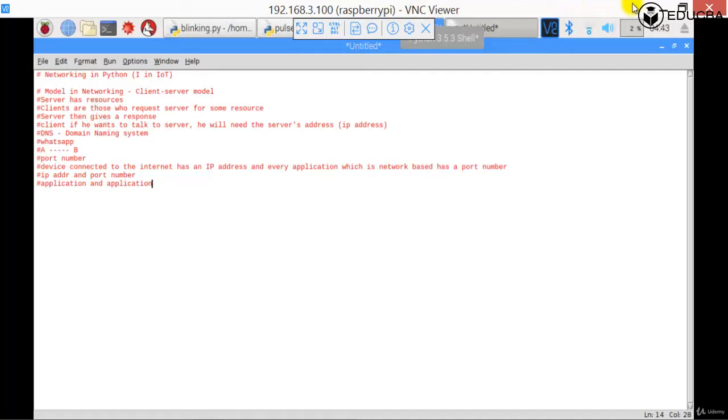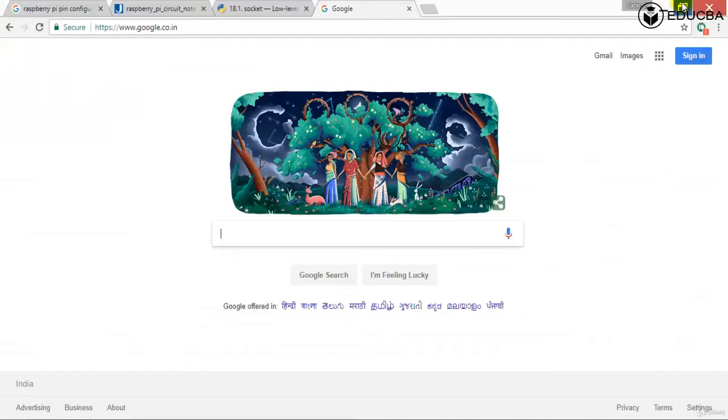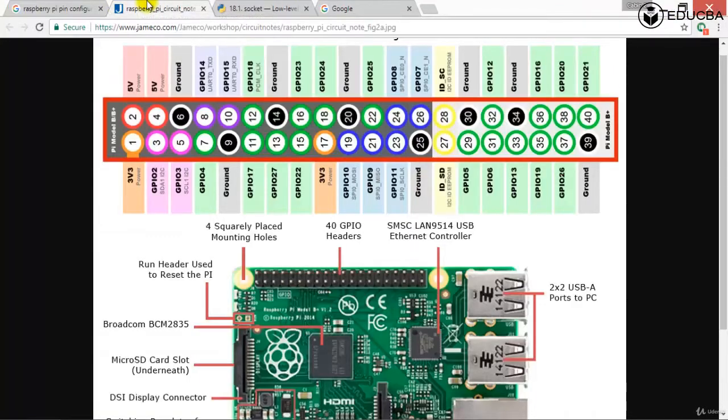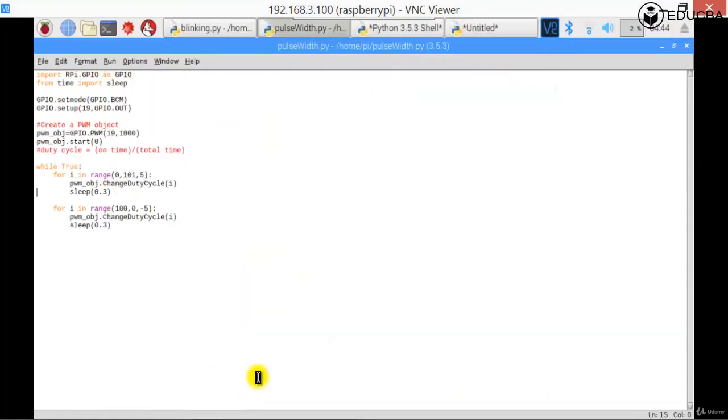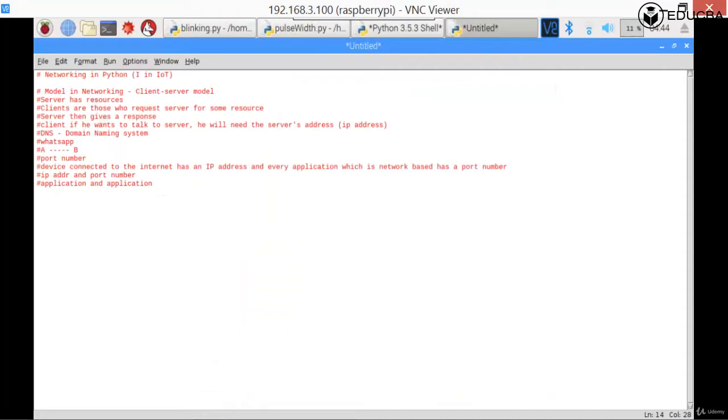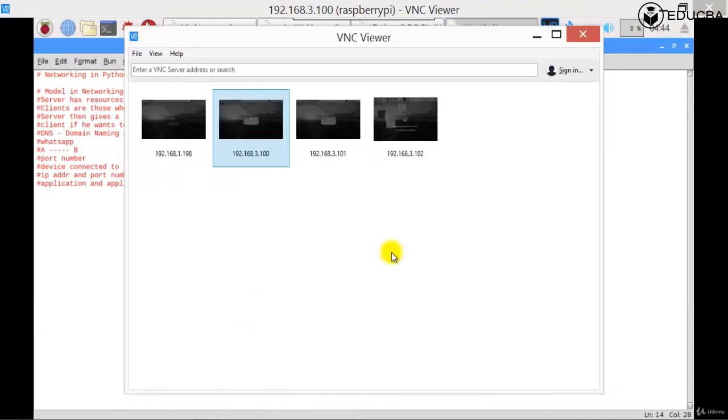Now, as I told you, the Windows desktop that we are using, we are actually trying to get the Raspberry Pi screen on my Windows. That's what is happening. I'm trying to get my Raspberry Pi screen using VNC. I'm using VNC out here. If you remember, with VNC viewer, I need to connect to the Raspberry Pi.